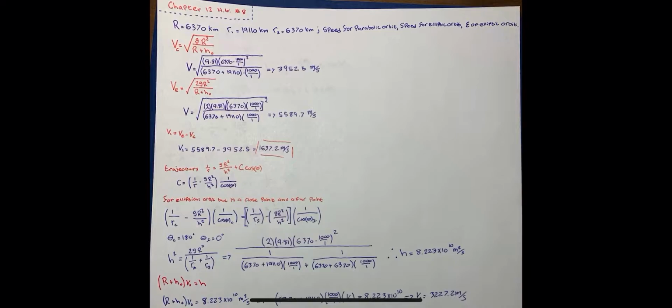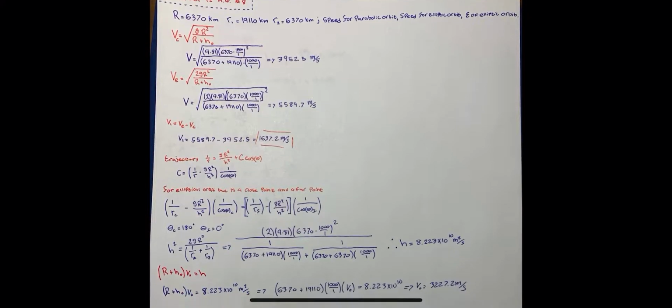And then we want to find the escape velocity, which is equal to the square root of 2gr squared over rho, sorry. And we also have all those knowns, so we can plug those in and get 5,500